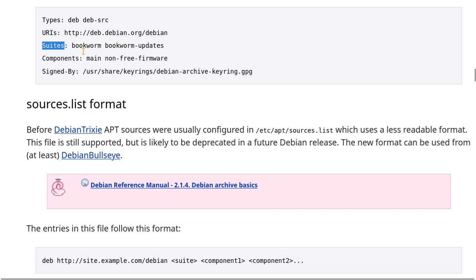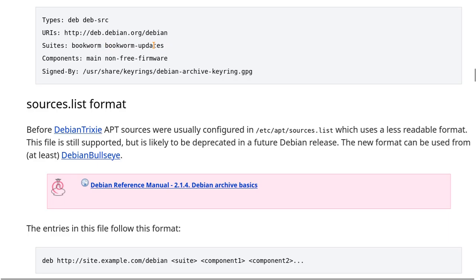And what is good here is you can now put in multiple suites, so release names, bookworm, Trixie, or oldstable and testing is also possible. So for example, you don't have to create many files. You just can put in bookworm and Trixie also,